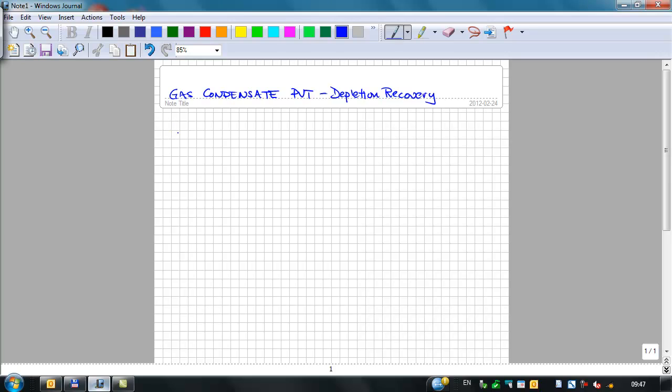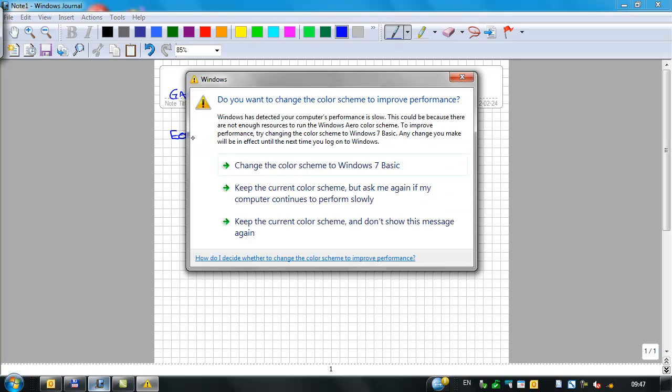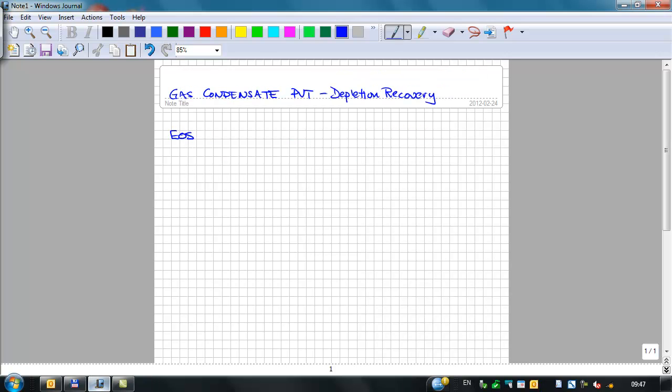So we're looking at an EOS-based PVT model. We'll have to pick one out. And then we'll have to have a particular surface process that's important to define consistently. So this needs to be defined consistently